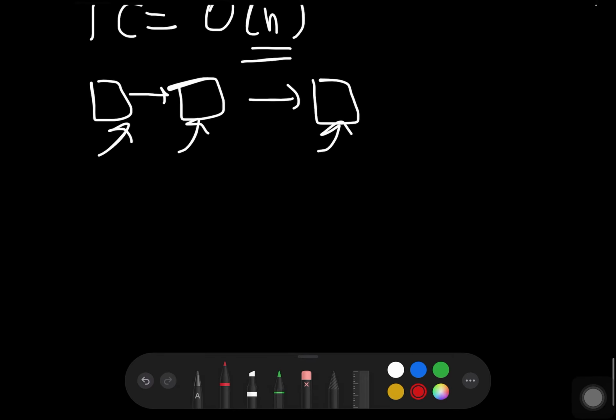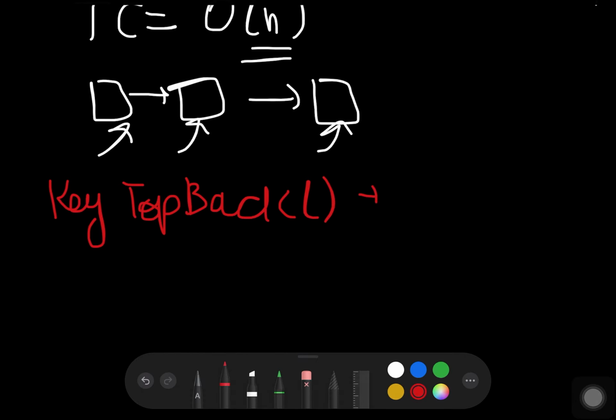Considering the next function, which is key top back, which is used to return or retrieve the last element.